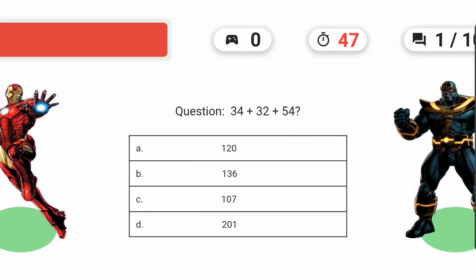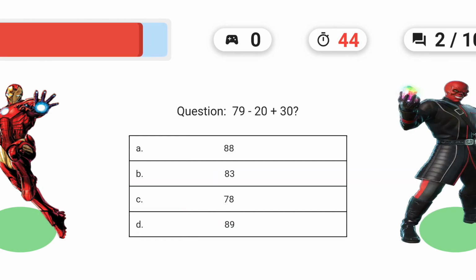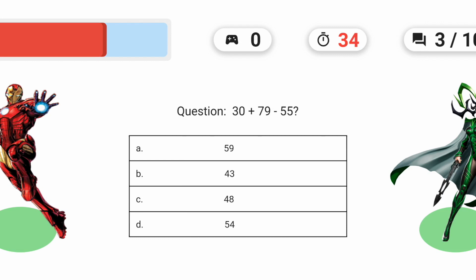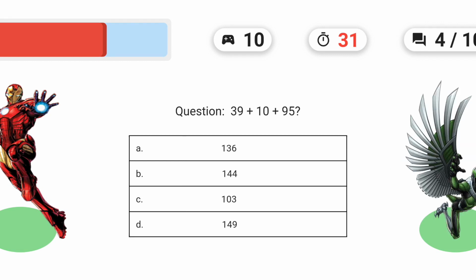Here I first, let's say I attempted the question incorrectly, so the health decreases and the points remain the same, and the next monster appears in the map. Let's say I try to solve this question correctly. So as you can see, the number of points increase and the health bar did not go down. The timer is ticking down, so